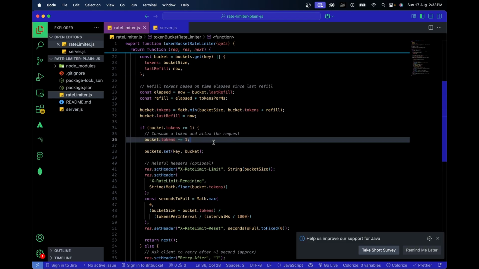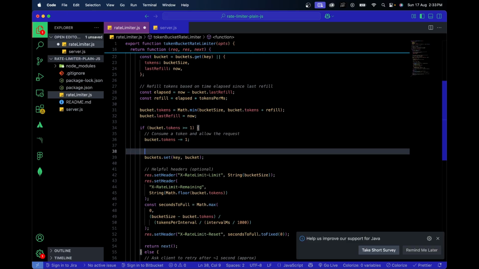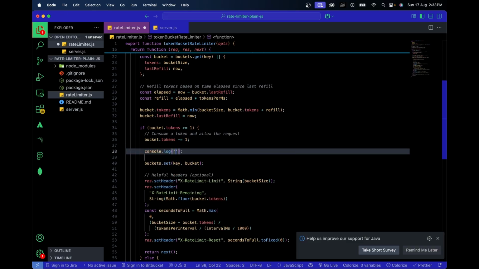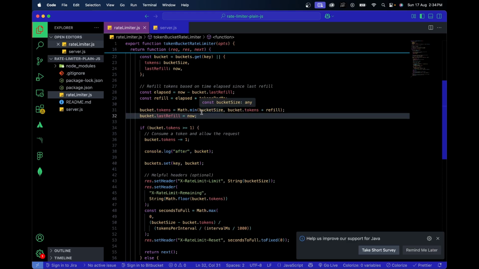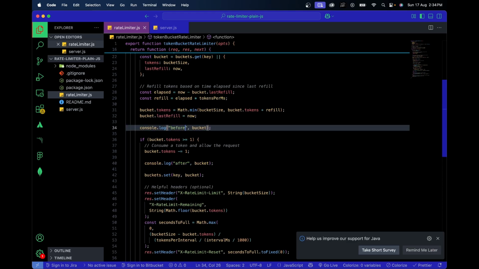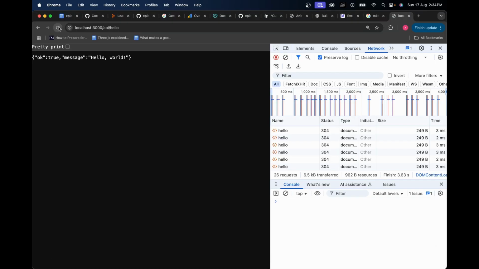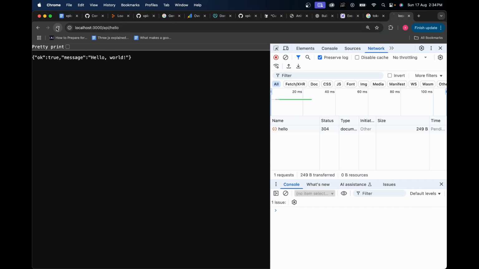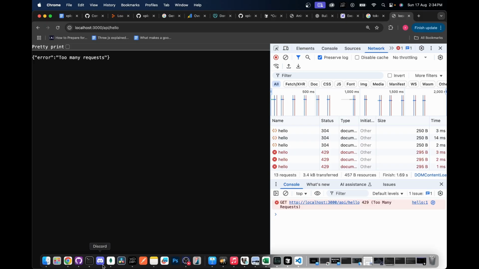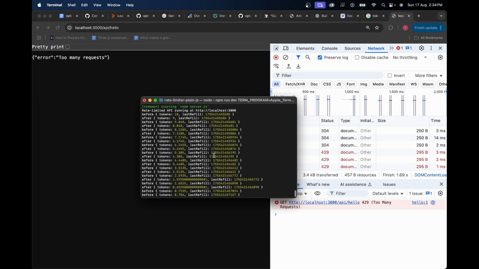Alright, so now just to give you a little more clarity, what I can do is I can actually log the bucket values. So I'll say this after bucket, and right over here, this will be before. So you'll see something now. If I, let's say, refresh this fast, and now if I go to my console, you can see how it starts from here. The before will be 10, then the before is 9.048, because I'm constantly hitting the API. So it keeps on reducing from 10, 9, 8, 7, and because I'm constantly doing it, so you can see